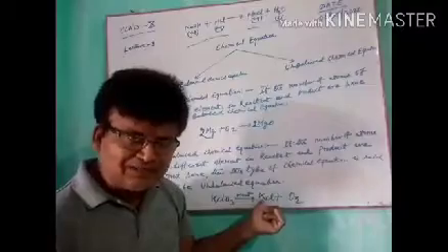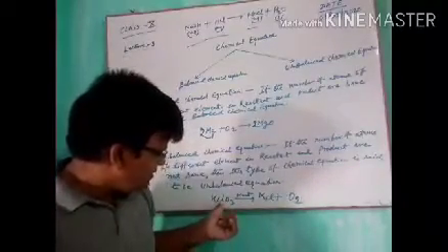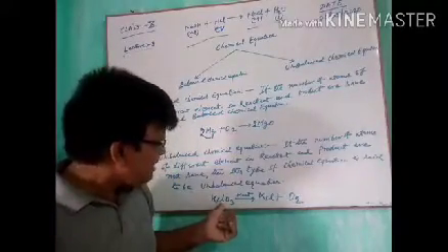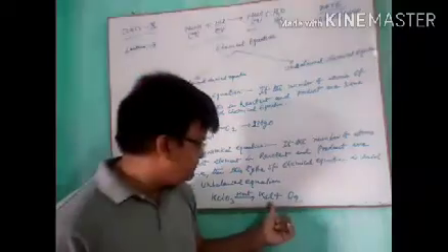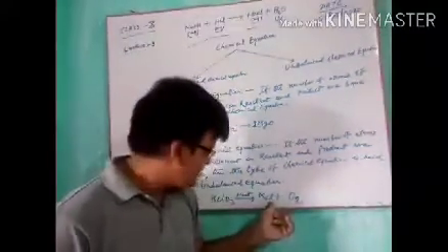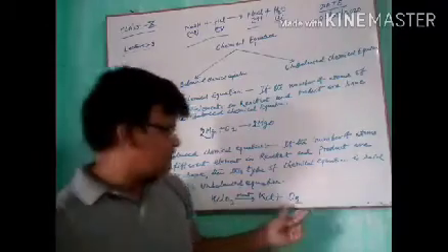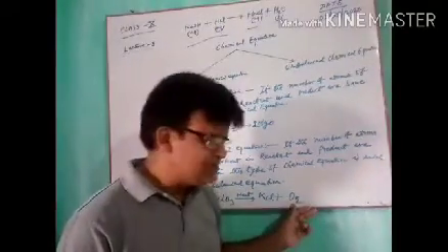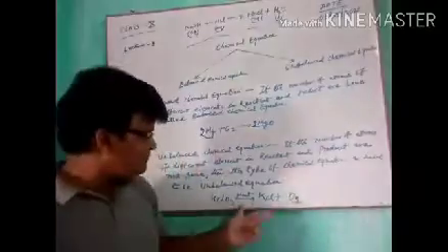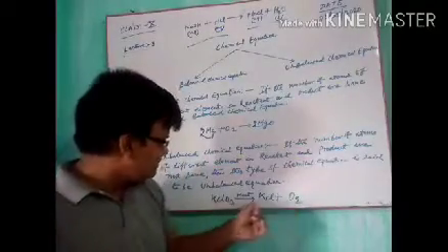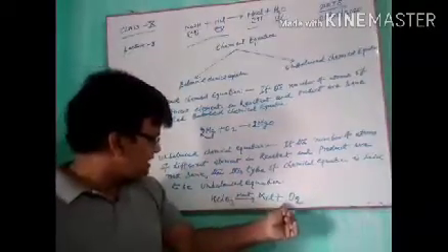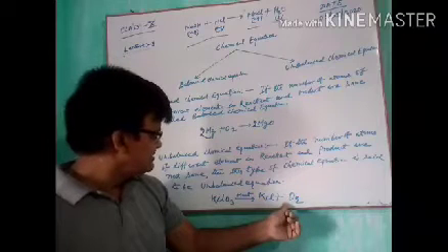In the reactant part our chlorine atom is 1, in the product part our chlorine atom is also 1, but in the reactant part the number of oxygen atoms is 3, while in the product part the number of oxygen atoms is 2. For equating the number of oxygen atoms, we multiply on the left hand side.